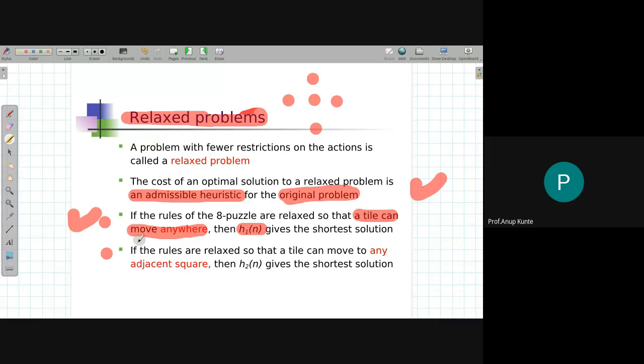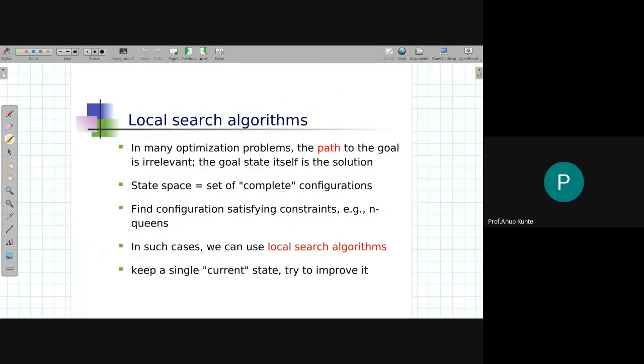Okay. Next is if the rules are relaxed so that a tile can move to any adjacent square. Adjacent square means diagonal squares as well. So I am allowing it to move in any 8 places around itself. So if this is the cell, 4 places are the 4 neighborhood and these 4 other places, the diagonals. Okay, then the shortest solution would be easily obtained using the H2 heuristic. Okay, so that is how a heuristic is